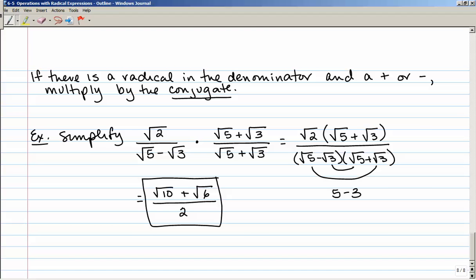So a lot of these problems were very similar to stuff that we did in Algebra 1 with square roots, but now we're extending that idea to nth roots so that we can involve other